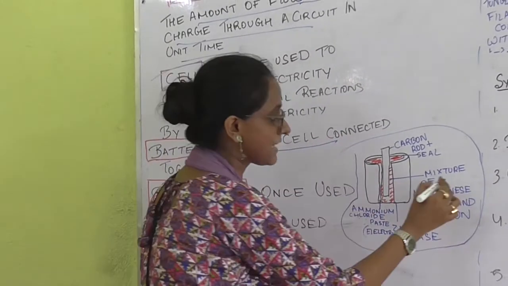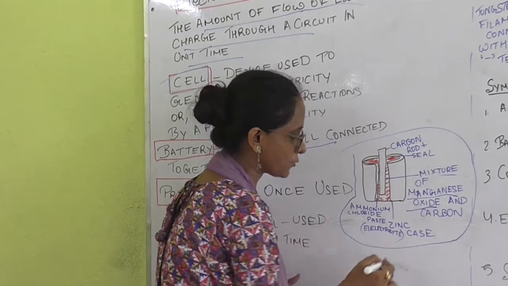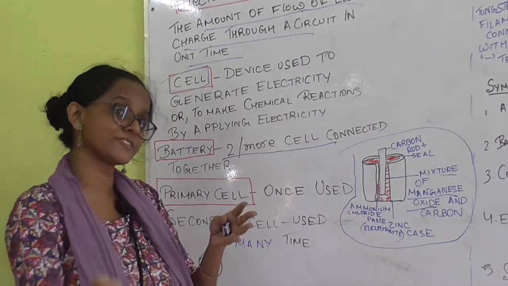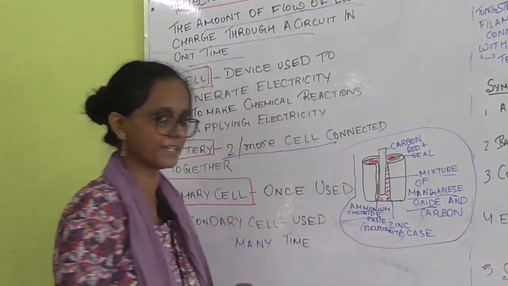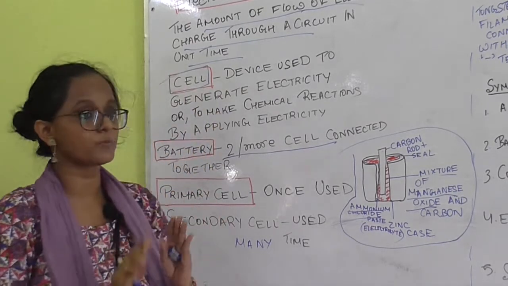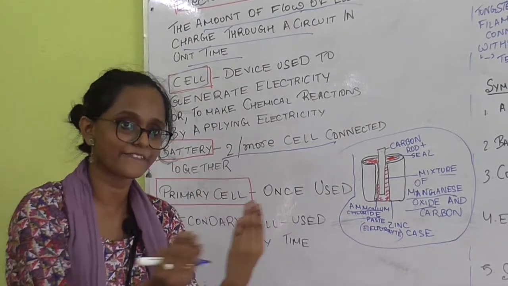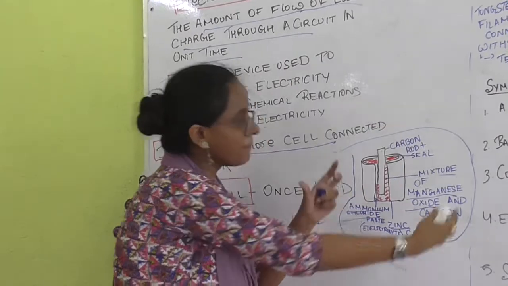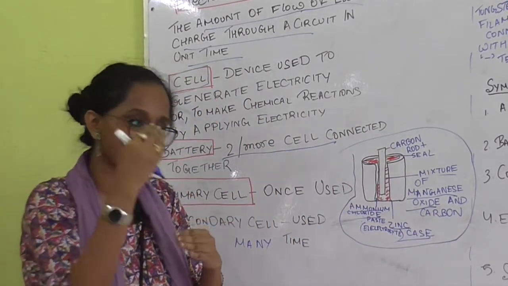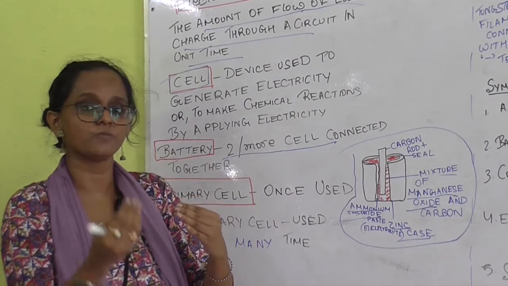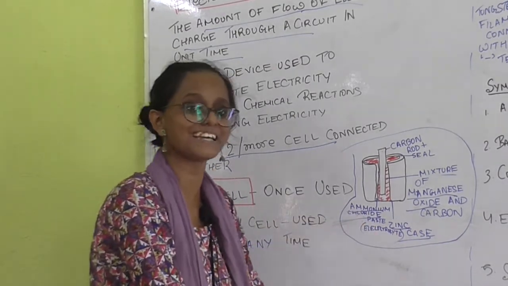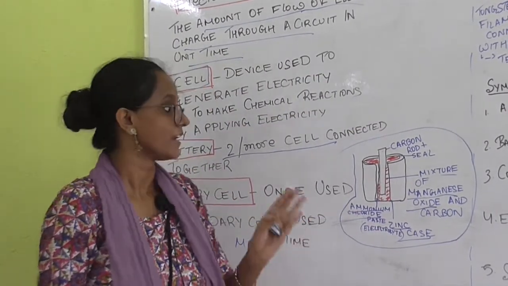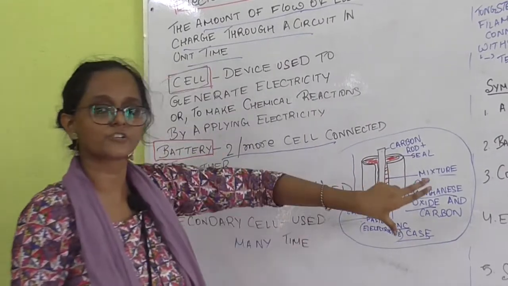Now inside the battery there is a mixture of manganese and carbon, and the electrolyte which is being used in the battery is the ammonium chloride paste. Along with the ammonium chloride paste, in order to safely protect it, there is a zinc case. By the method of chemical reaction, the chemical energy in the battery is transformed into electrical energy, and then we get the electricity. Everybody, this diagram is very important. Everybody should look into this.